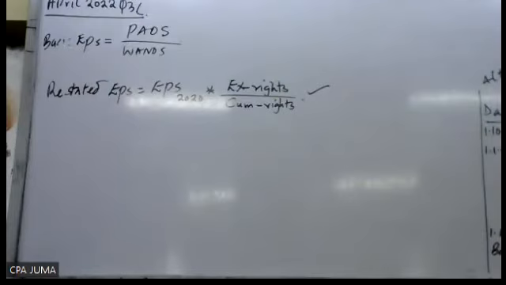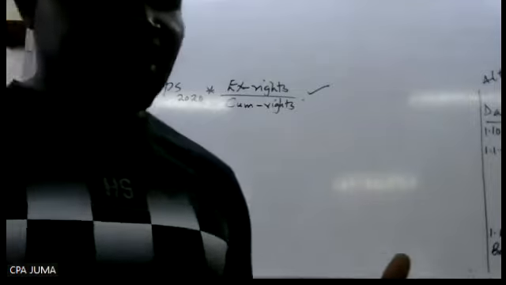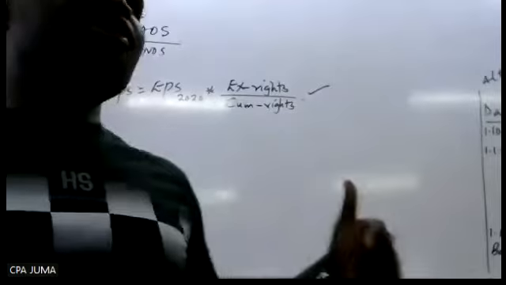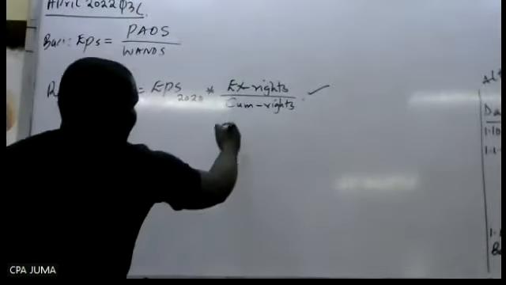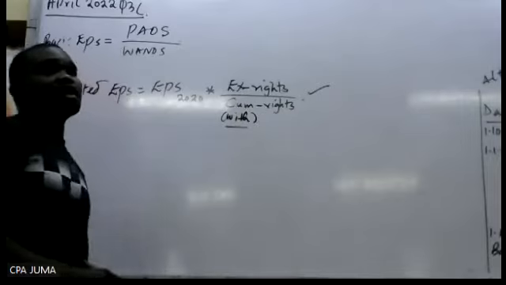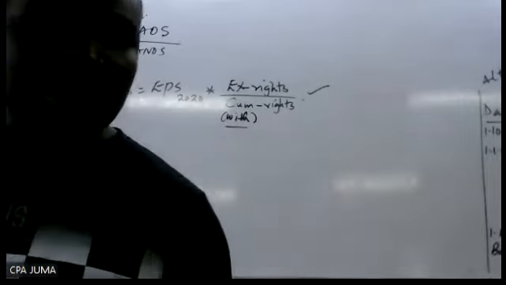But then the meaning of these things, of the X and the CAM rights. X rights is the price when the stock is on the market before the rights issue. It means at that time they don't have dividends. The CAM rights, CAM means with. Those shares are having what? Dividends. Yes, that is the meaning.